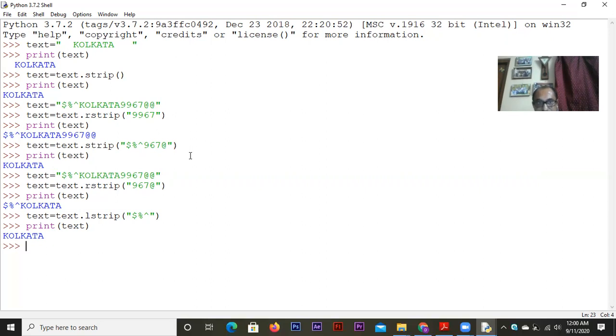The strip function may not be very handy or useful for writing string programs as such, but might be very, very useful in terms of text file handling, especially in the file handling chapters. The problems involved might need these strip functions to be used. So in my next video, I will again explain a few more functions.